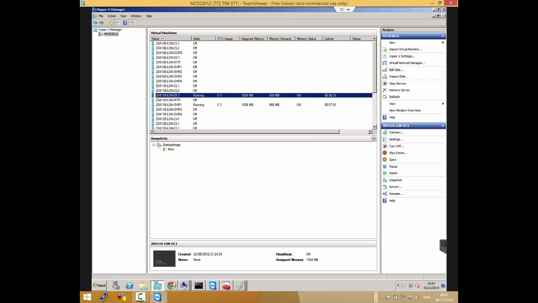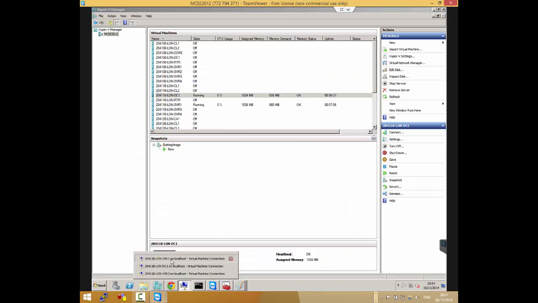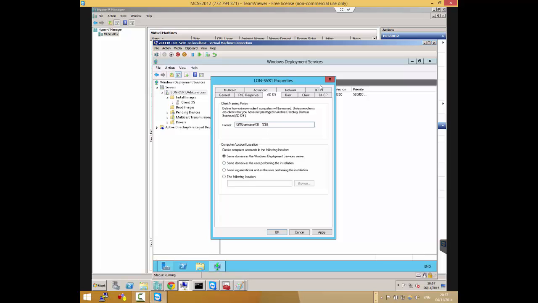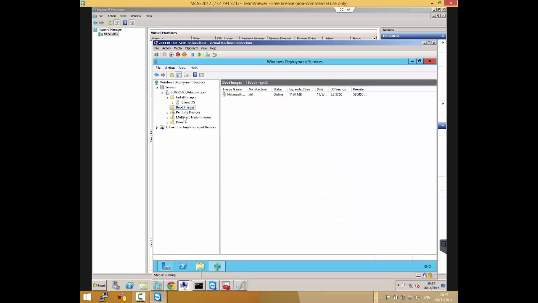And then back to the one we're talking about. So if we go back to the server, one of the other things that we have to set up is something here called the multicast transmission. So we have to set that up for our install image, or for the image that we want. If you go ahead and set that up, it's really straightforward to set up, like I said.